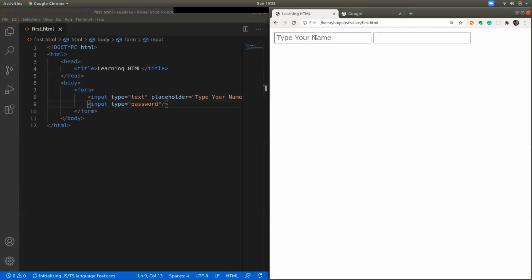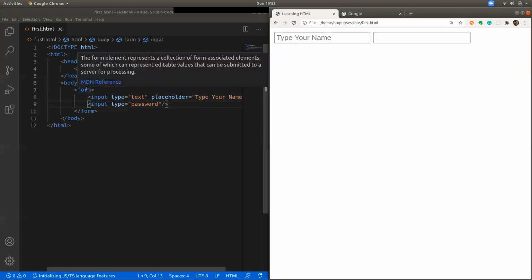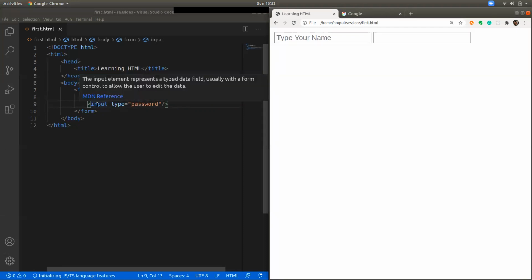Now you can see there are two elements. This form will not display anything new here, but these two are internally combined together and sent whenever you're sending it to the server. That's what form does. So all the set of inputs you want to send at once, you have to put in one form. Okay, there can be multiple forms in a page, one for login, one for sign up, one for forgot password, and so on. So again, one set of inputs will be put inside one particular form.